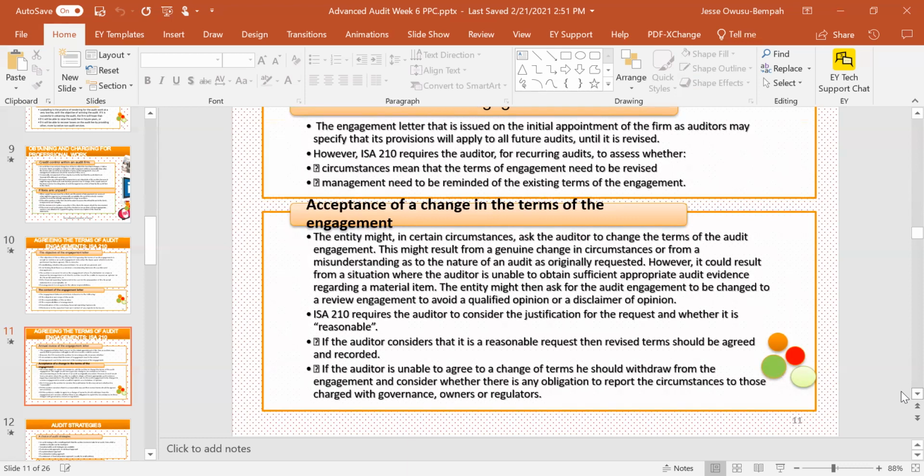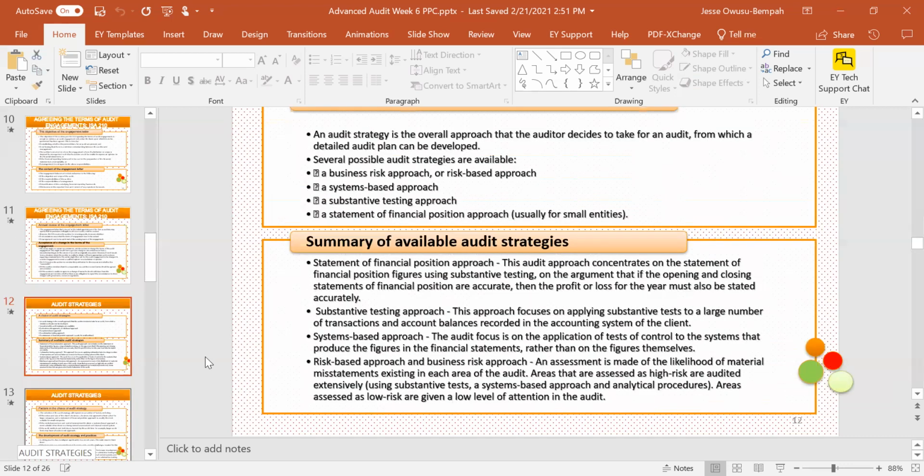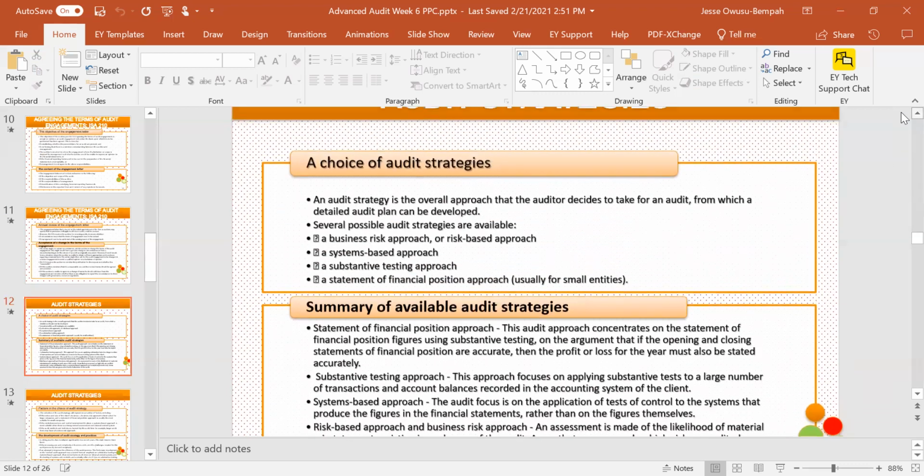If the auditor is unable to agree to a change of terms, he should withdraw from the engagement. So if the auditor is unable to see the reasonableness of such changes, he should withdraw and consider whether there's an obligation to report the matter to those charged with governance. It's very, very crucial. So let's move on, since we've established audit engagement, to